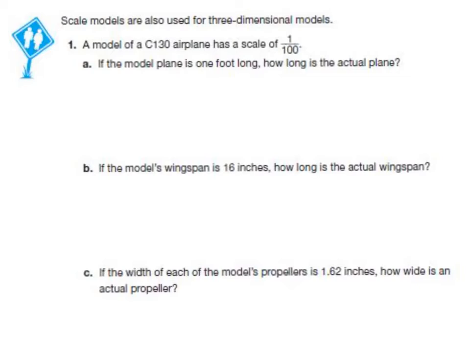It says scale models are also used for three-dimensional models. A model is usually something that is too big or too small to be drawn on paper. A model of a C-130 airplane has a scale of 1 to 100. It's not necessarily in feet or inches or miles, it's just 1 to 100. So if the model airplane is 1 foot long, how long